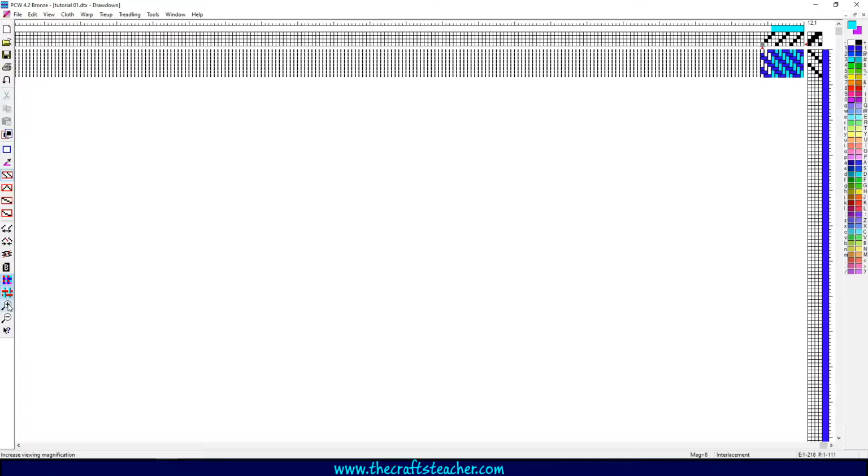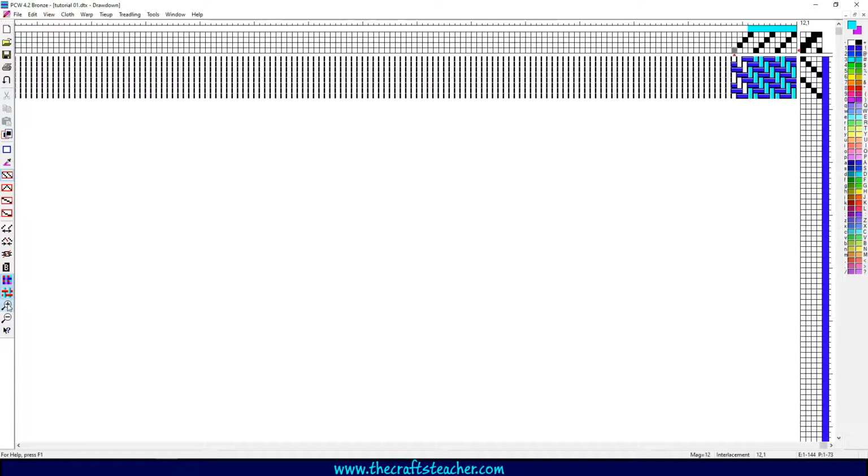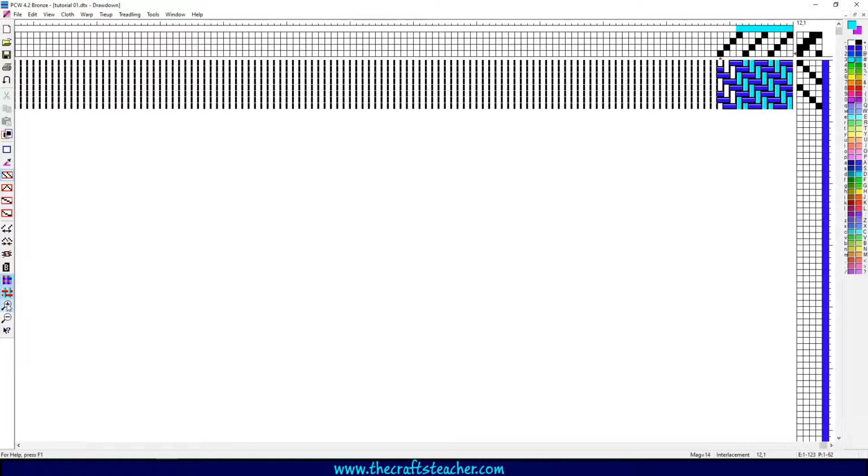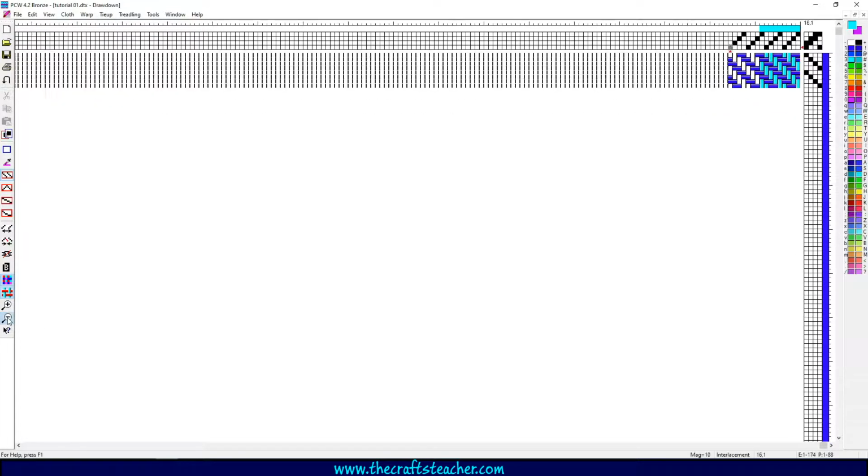So if I click here, you can see it gets bigger and bigger, and this is easier to see where you click. And of course, if you want to see more of the overall design, you can use the zoom out button. So let's do that.